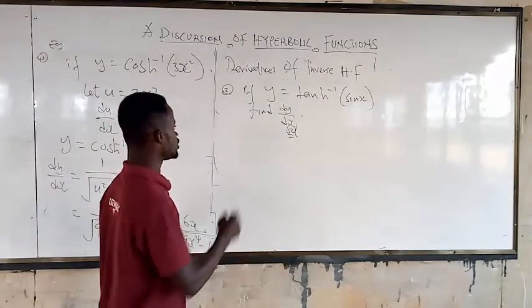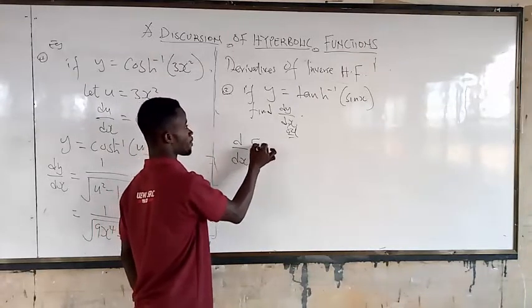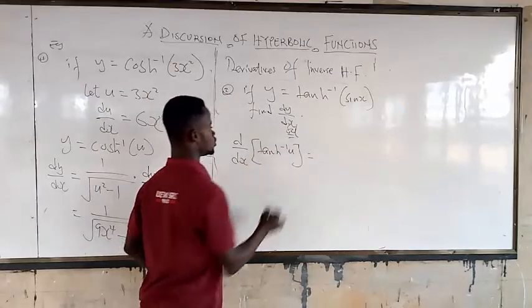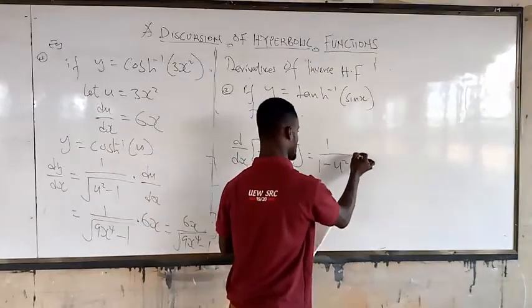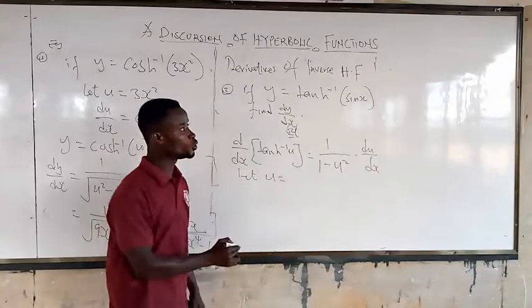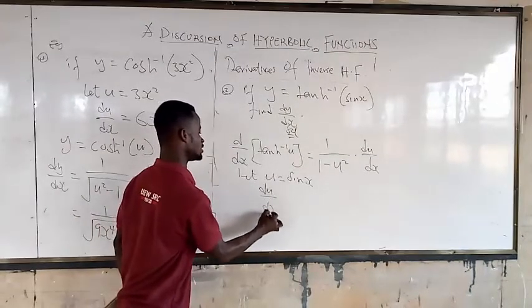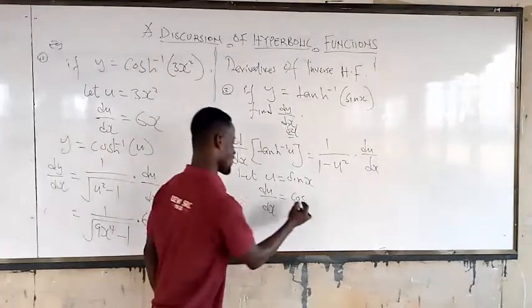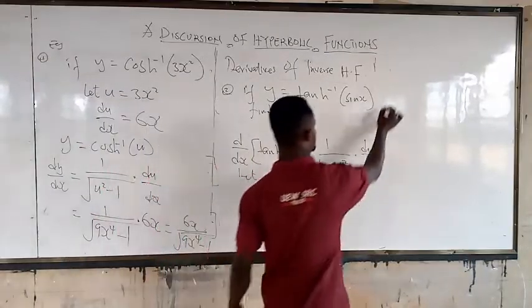Very good. So we know that the derivative of tan inverse of u is equal to 1 over 1 plus u squared times du/dx. So we are going to let u be equal to sin x. Then du/dx will be equal to cos x. Alright. So by substitution